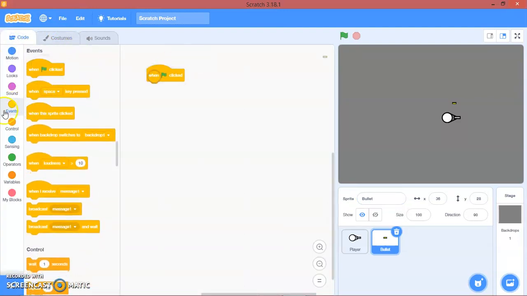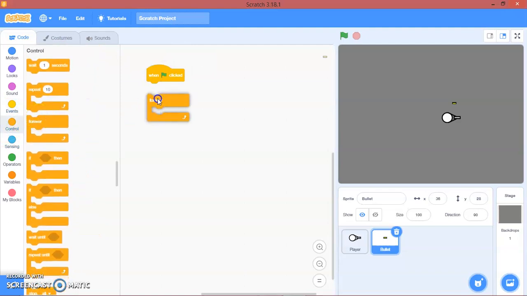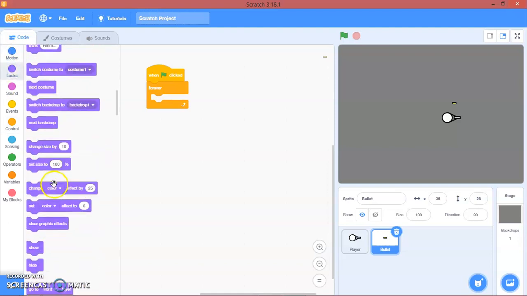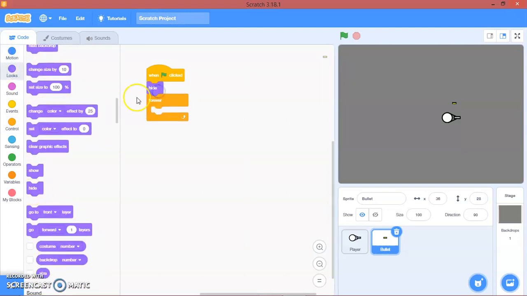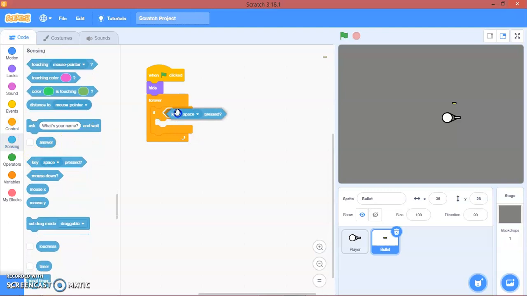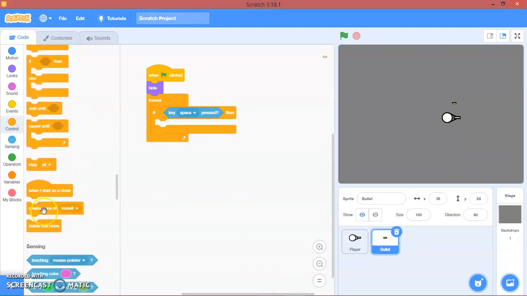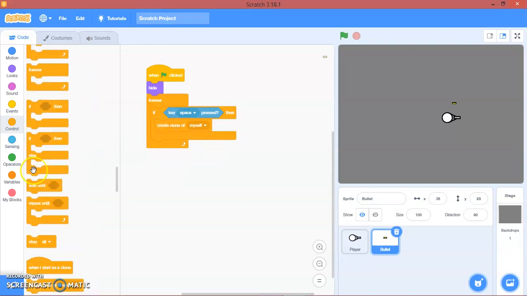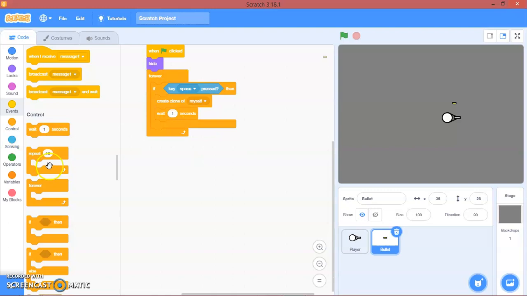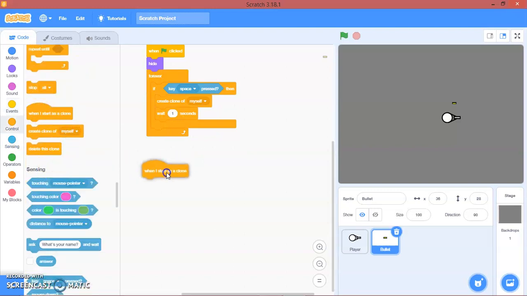When green flag clicked, forever, we will hide it first. Forever, if key space pressed, we will go to control. We'll create clone of myself. We'll wait 1 second. And then when I start as clone,